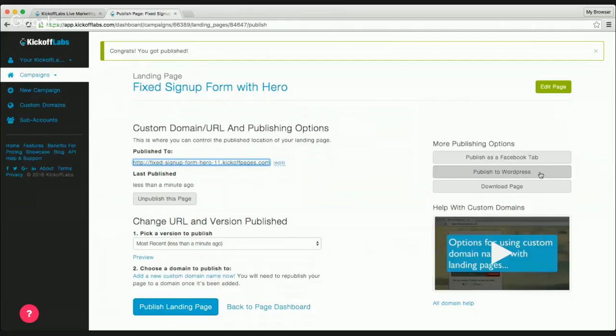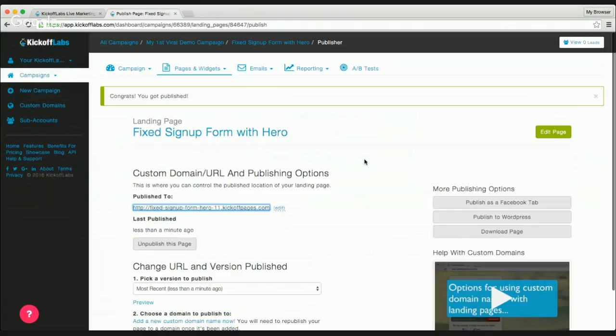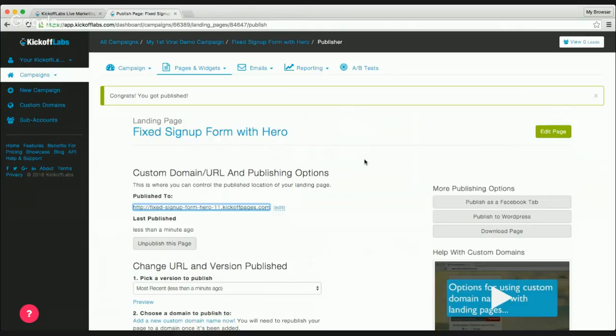But let's go ahead and, well, you saw the actual sign up page. I want to make sure that people get an automatic reply after they sign up. So that's an automatic email, like a welcome thank you email that'll get sent out to deliver an incentive to new leads. Let's say I wanted to deliver an ebook to people after they signed up. I can do that from the emails drop down.